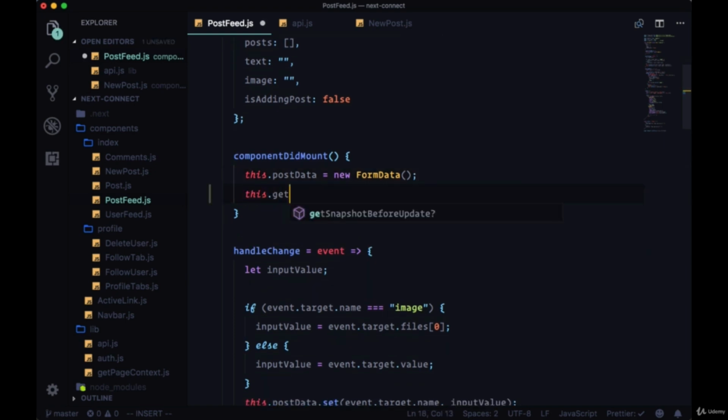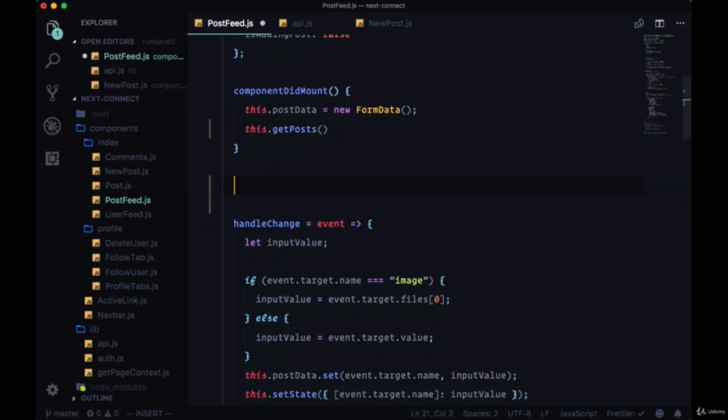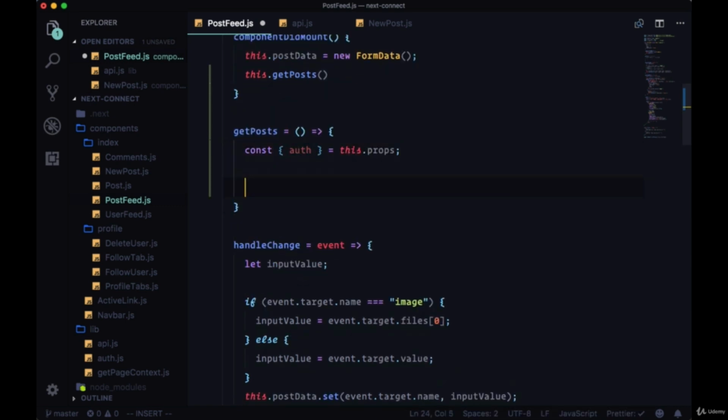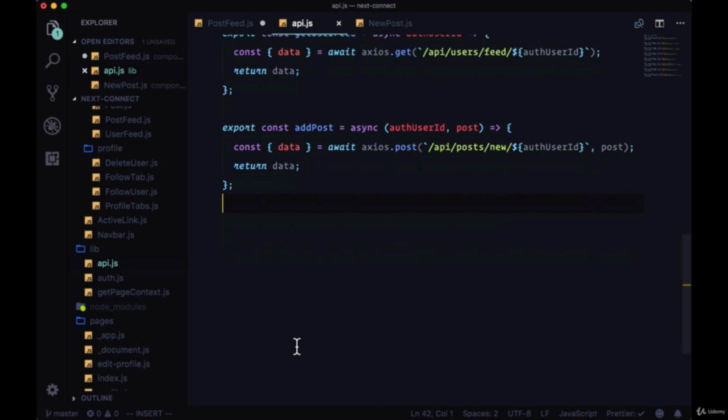So here in componentDidMount we'll execute a new function which we'll create called getPosts. We'll create this locally. getPosts will first grab the auth data from this.props, and we'll create another function called getPostFeed where it's going to take the auth user's ID, get the posts, and then we're going to put those posts in our post array in state. So we'll head to API and we'll create getPostFeed. So it's going to take our auth user ID,